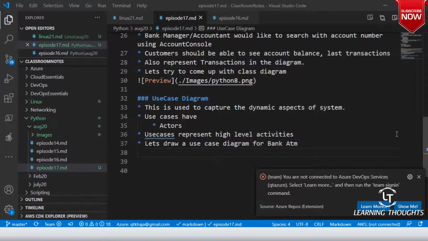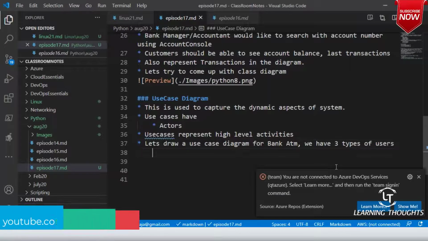Only withdrawing, then who will deposit? Right? So if you understand it correctly, we have three types of users.